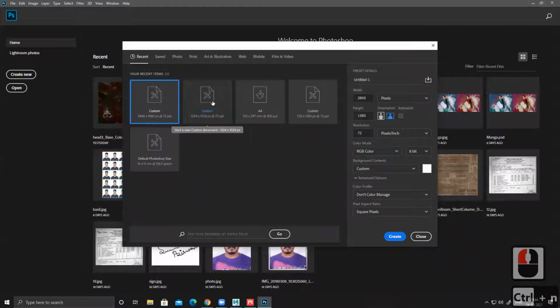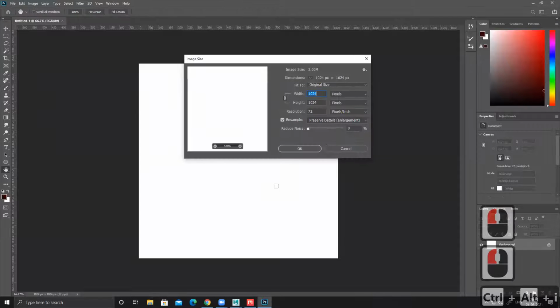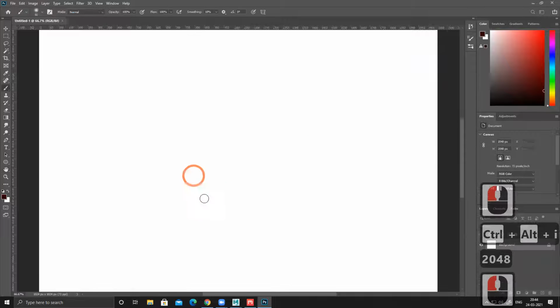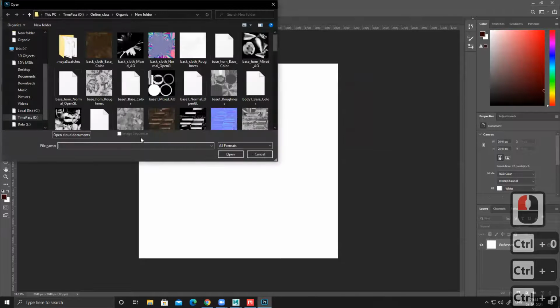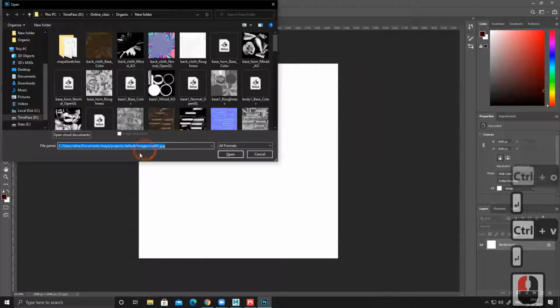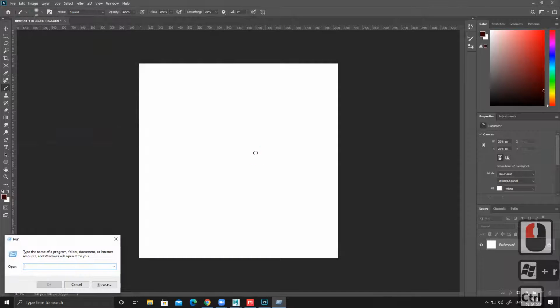So this is a 1K map. Or I can simply increase the size to 2048 by 2048, a 2K map. Right now, Control V. My file is copied from this path.